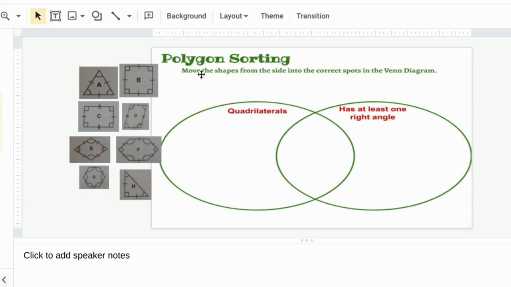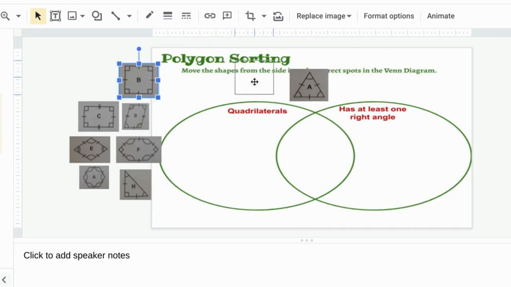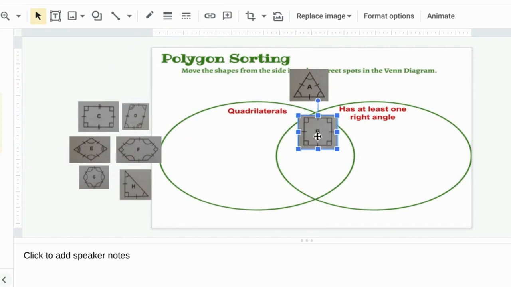So let's start here. This first one here is a triangle and it has no right angle. So it doesn't fit in either of those. If I look at B, it's got 4 sides and it has at least one right angle. It's got 4 right angles, so that would be right in the middle. It has both of those things. C as well, it's a quadrilateral with 4 sides and it's got 4 right angles, so it's going to be